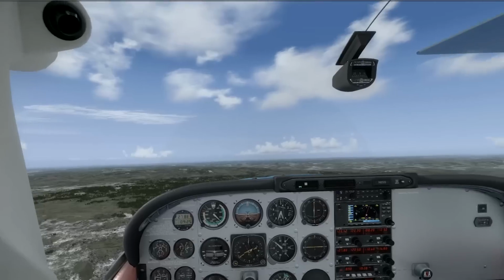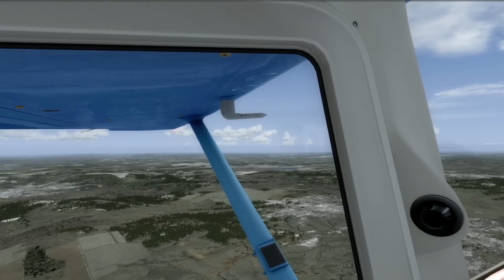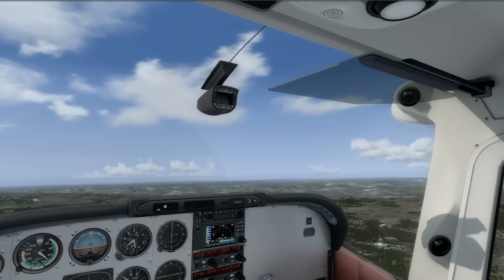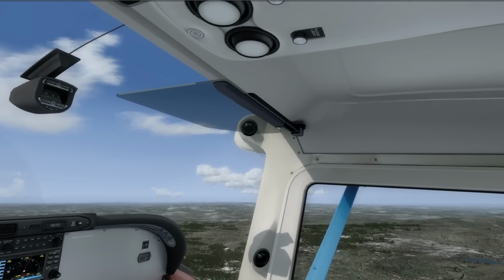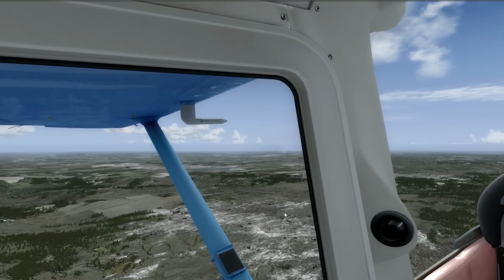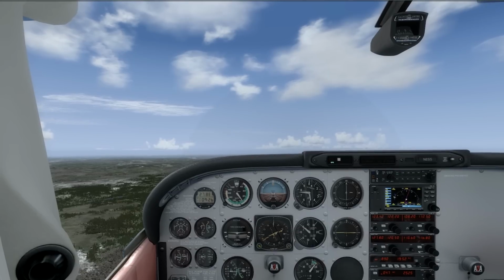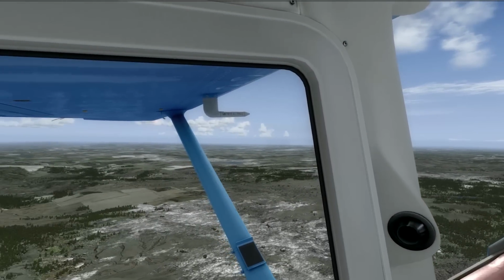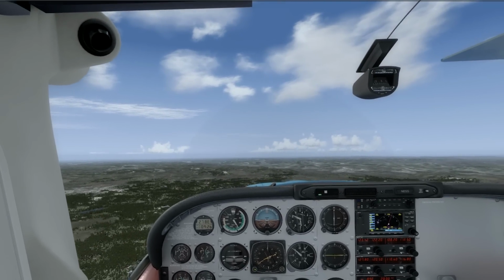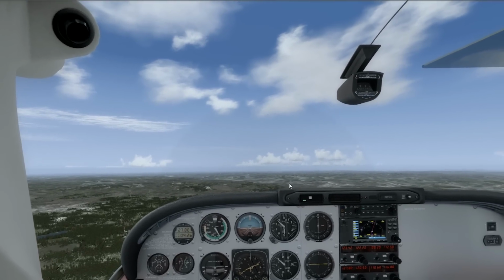But yeah guys, we are off to the races, as I said. This is the second leg of our journey, and I am really excited to fly this whole time. It's going to be a crazy trip. What can we talk about now that we are airborne? Well, let's talk about the forum. I was asked to talk about the forum a little bit. And honestly, I don't know what to say about the forum, because the forum is the forum. There is really not much to say. I know that a lot of you guys probably don't even use the forum because